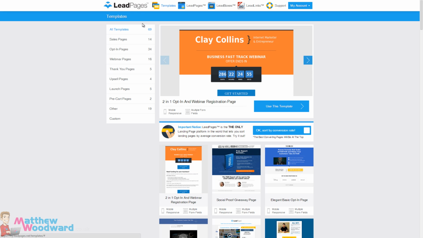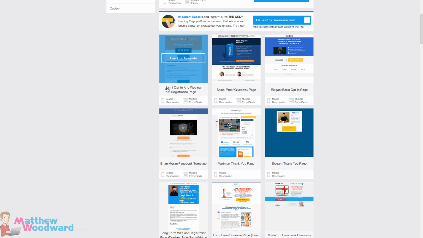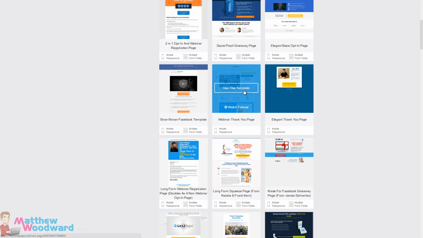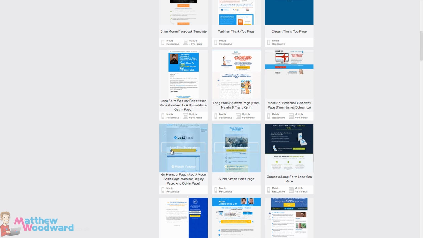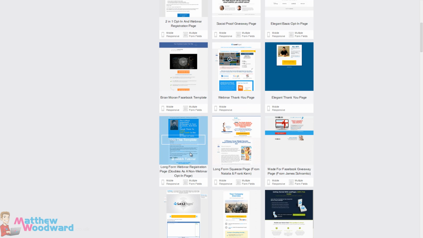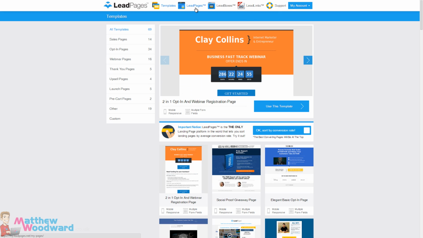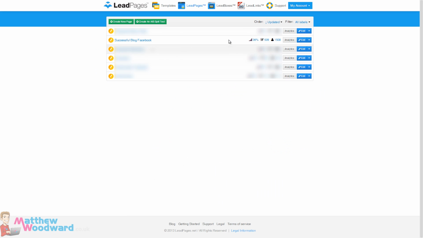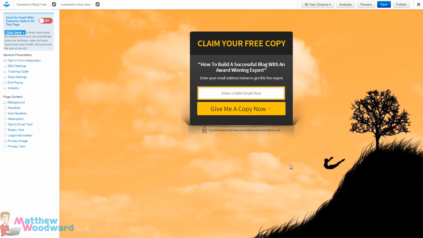Now, LeadPages does have lots of other functions like lead boxes and lead links, and I'm not really going to go into those because it's not relevant to the Facebook tutorial here. Creating your first lead page, you just simply pick which design you want, hit use this template, and then the template editor will appear. So instead of creating a new page, I'm just going to show you one of my existing lead pages, and you can get a good feel for just how easy it is to edit and create